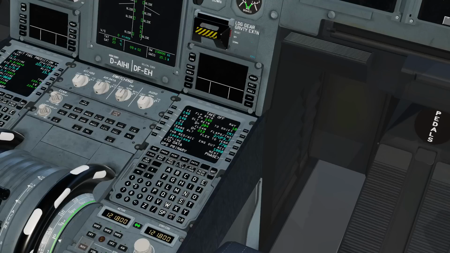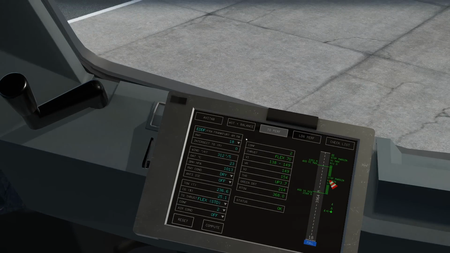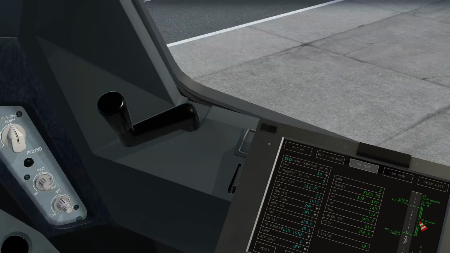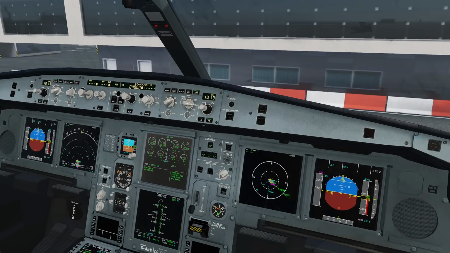Alright, return considerations, we are under the maximum landing weight, so we can return immediately if needed, and in terms of special operations I don't have anything. Do you see any threats for our departure? No? Okay, me neither. So in that case, let's go ahead with the